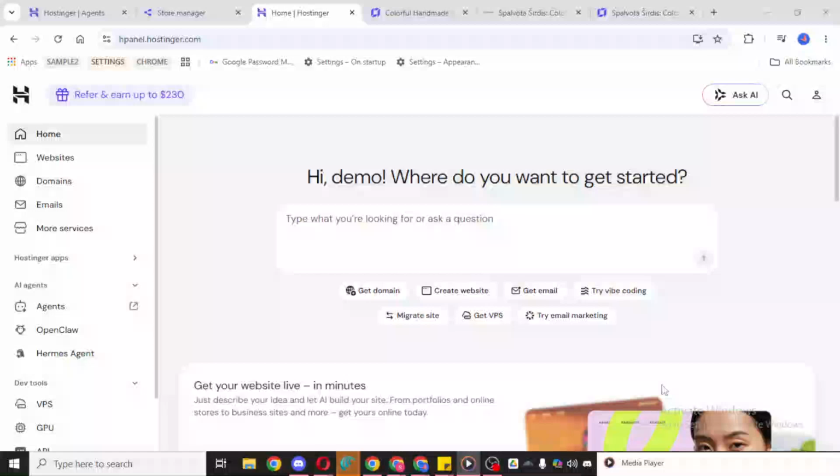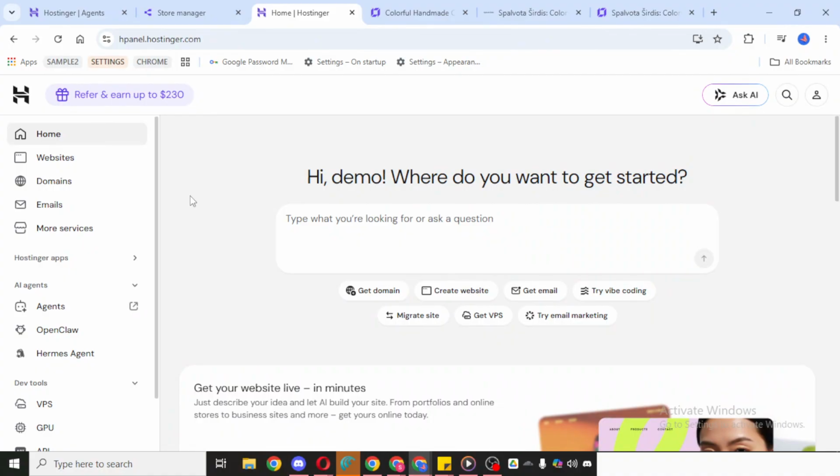In today's video, I'm going to teach you how to add a payment method in Hostinger. If you want to make future purchases faster and keep your billing setup organized, adding a payment method to your Hostinger account is a simple and useful step. In this walkthrough, I'll guide you through exactly where to go and what to look for so you can complete